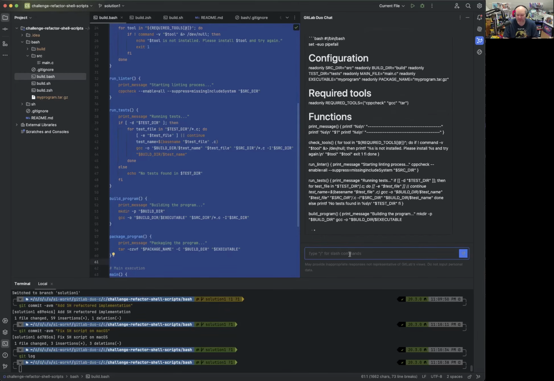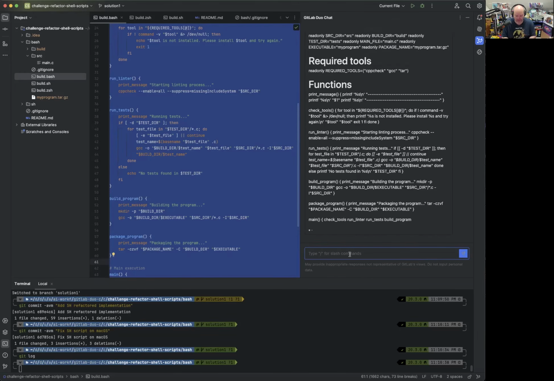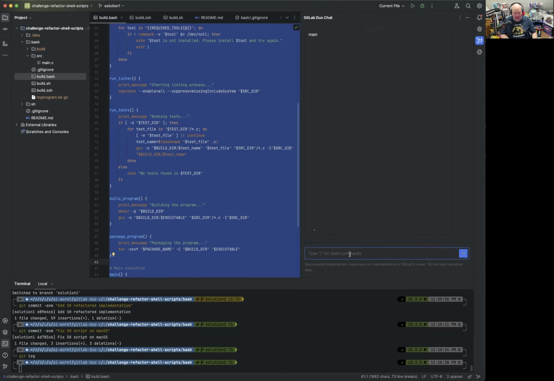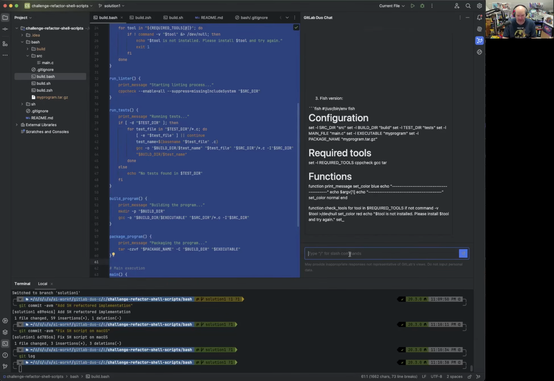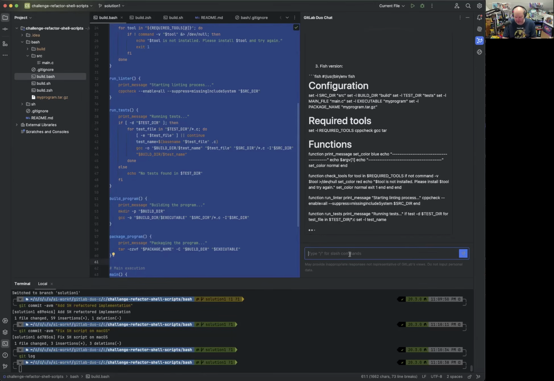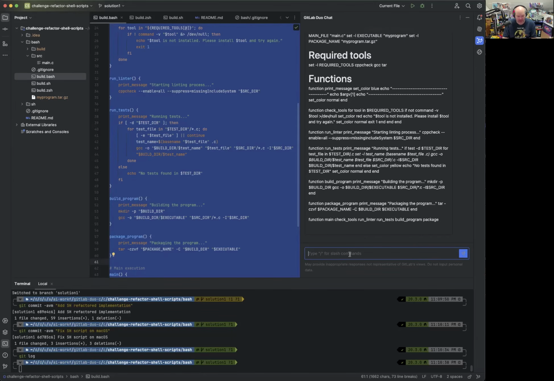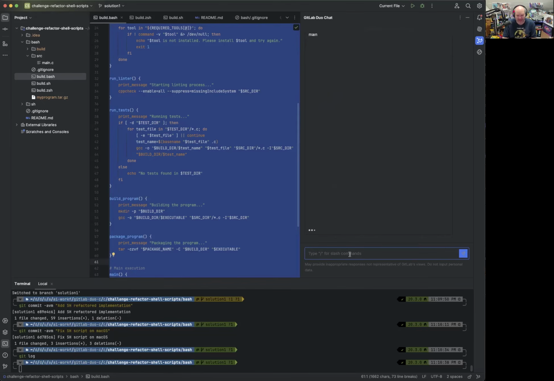And then it's up to GitLab Duo Chat and the underlying LLM to decide what to do. In this example, I'm using GitLab.com and the latest Claude 3.5 LLM for Duo Chat. So we should get